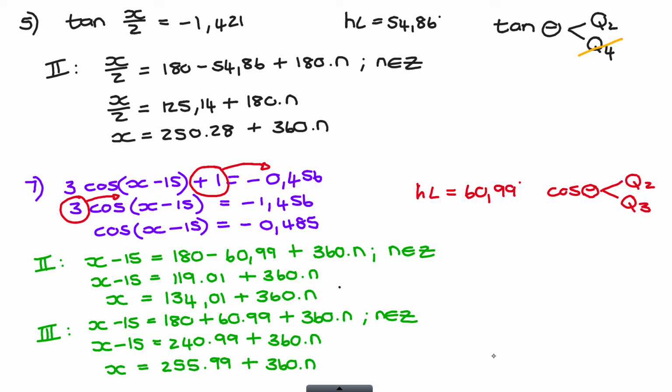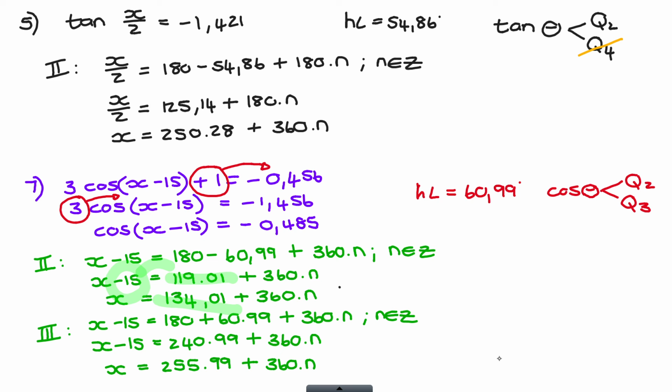Okay, so in quadrant 2, I would have x minus 15 equal to, omdat dit quadrant 2 is, gaan ek sê 180 minus my help angle plus 360n. Okay, dan het ek net gou eers daai vereenvoudig om vir 119 te gee. En nou die volgende stap, I take the 15 over. So I'm going to add 15 and that's how I get the